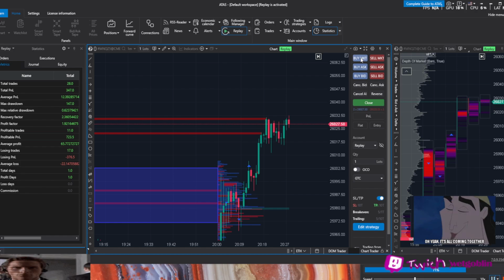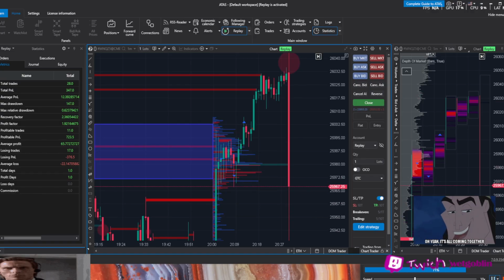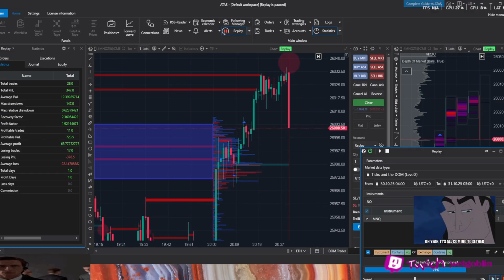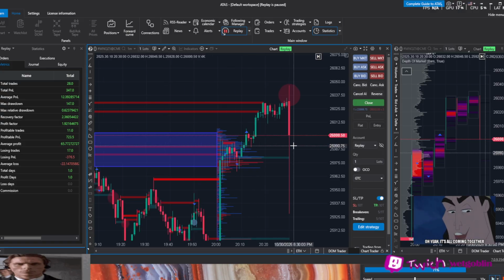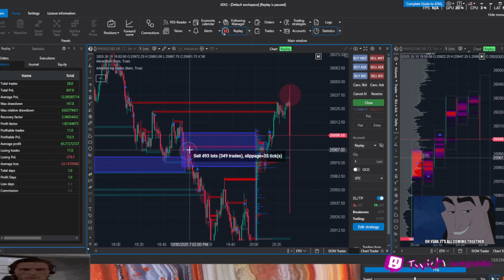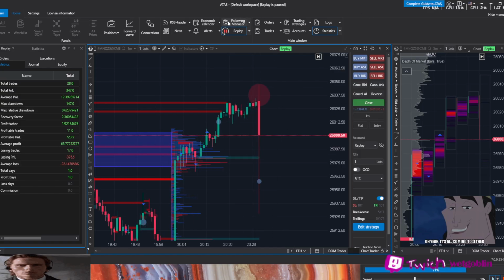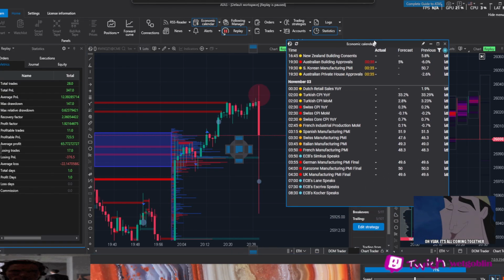This is something I could get excited about, dude. This is something I could replay over and over. I wish it wasn't Sunday night. Oh my goodness. Okay. Do we have news maybe? So big fat sell, 600 lot sell. And I think this whole setup obviously will take